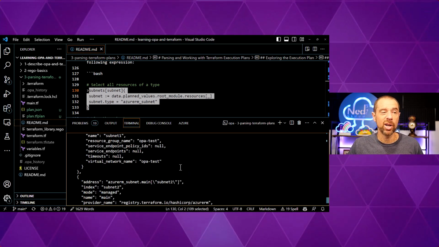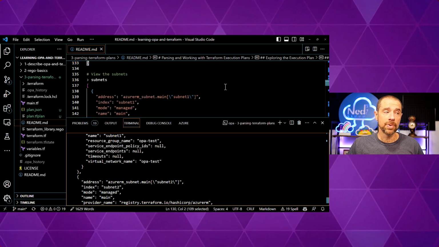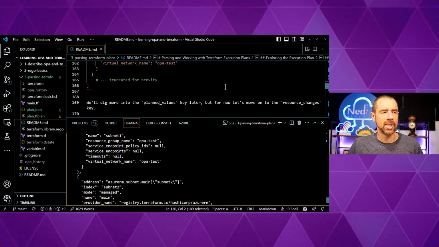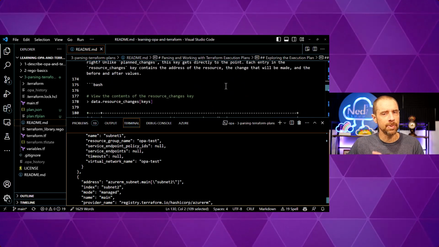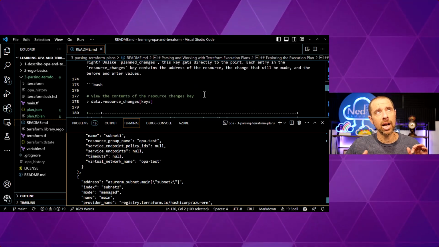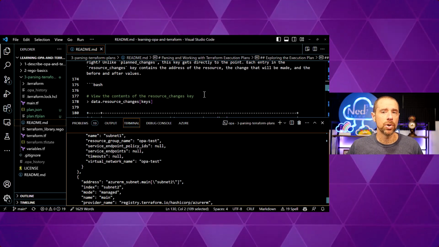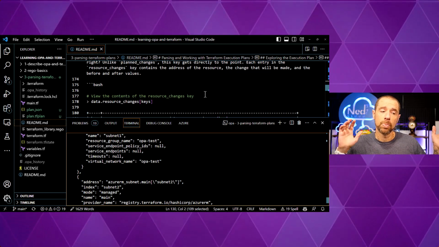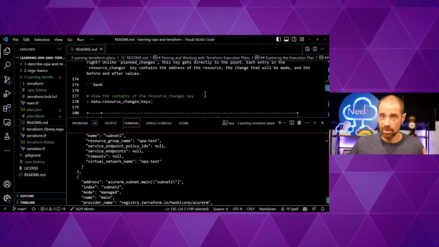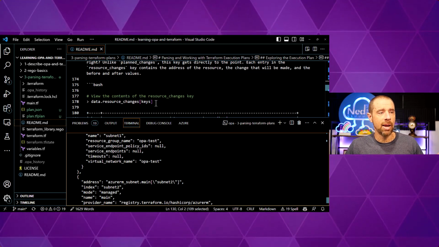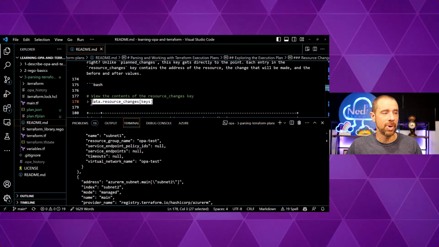So subnet 1 and subnet 2. That's pretty cool. Okay, what else can we do here? Well, let's move over to the resource changes, because this is probably the most commonly inspected portion of the execution plan. You're planning some changes. You probably want to know what the impact of those changes is. So we can examine what's in our resource changes by doing